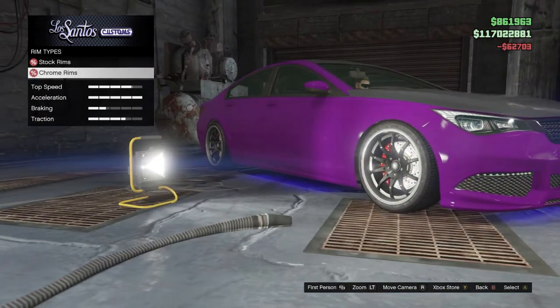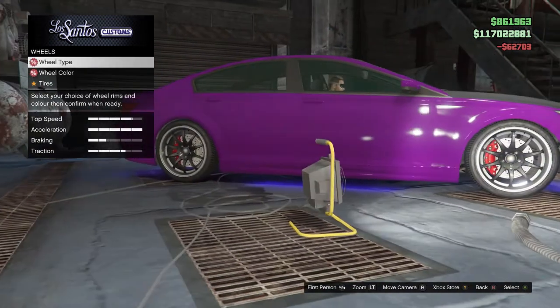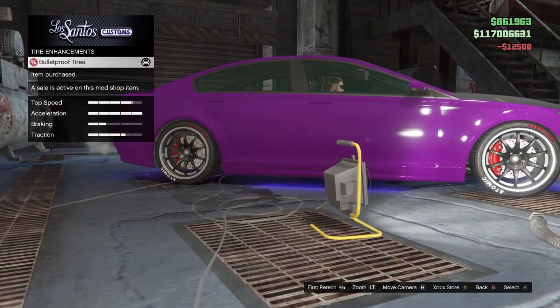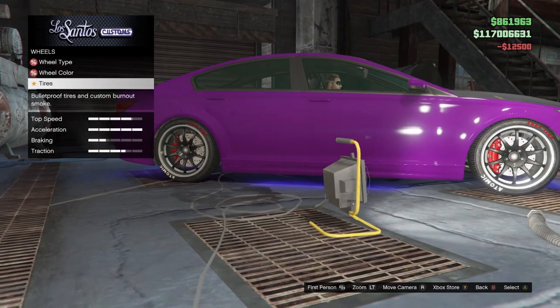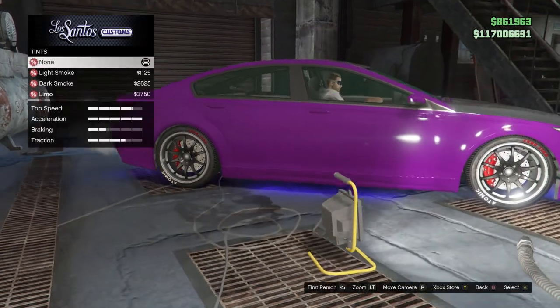Put on the most expensive wheels, make sure you put on your bulletproof tires, just everything that is available. Don't worry about the ignition bombs or the car bombs, don't put those on. And you don't want to put a tracker or insurance on it, but I'm pretty sure that's not even available